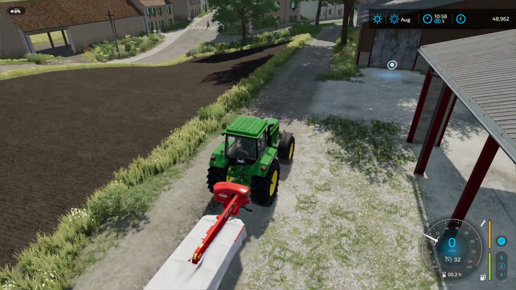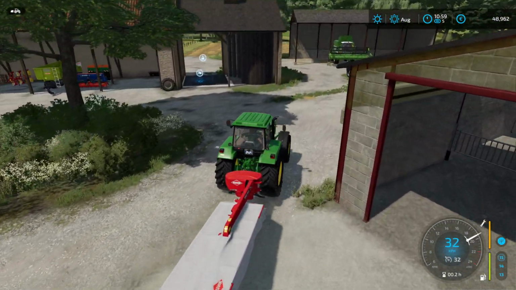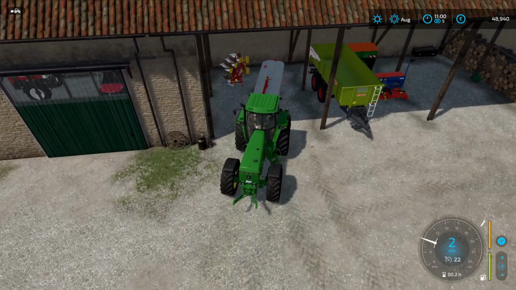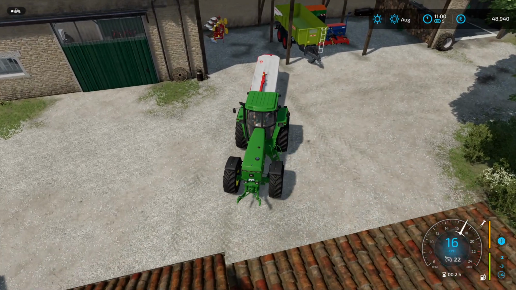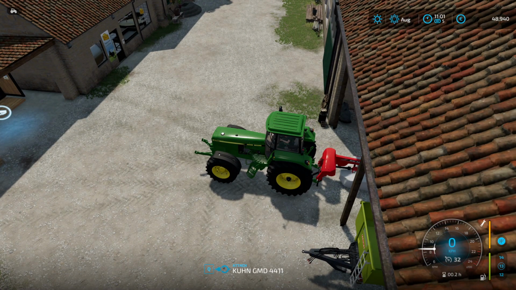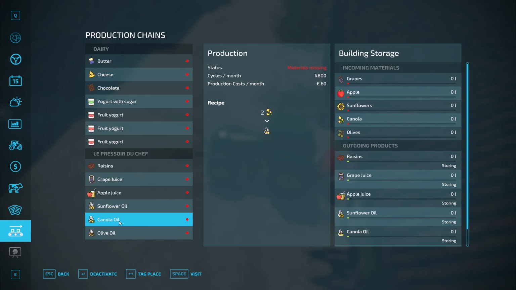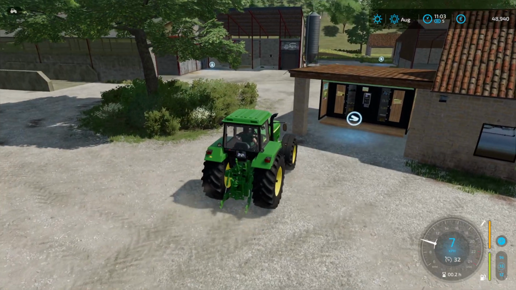Maybe I should get a loan for those 2 fields. But I can think until September. Anyhow, I should sow canola, because we have this, let's see, the pressoir du chef, and we can make canola oil. We don't have a grain mill, but we can produce canola oil. Okay, so now let's check